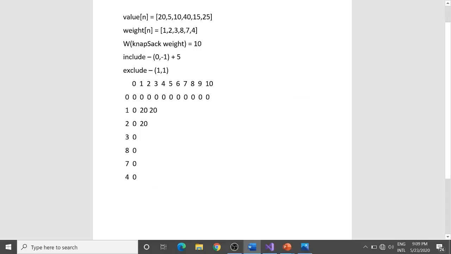This is the excluding branch. I think you would be remembering it. So there is no way of including this element, because it just makes my knapsack go with a weight of negative. So I wouldn't be including it. My whole answer to this problem is dependent on if I do not include this element, I would be excluding this element, the same way I have done it in this DP matrix.